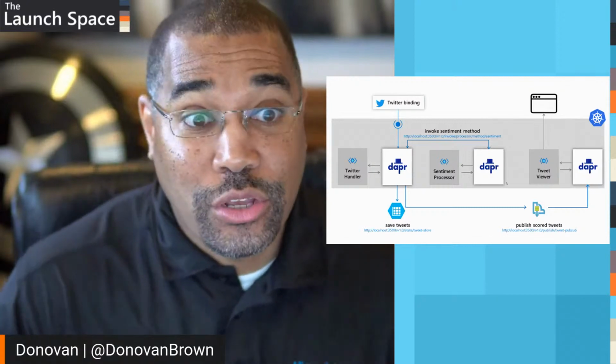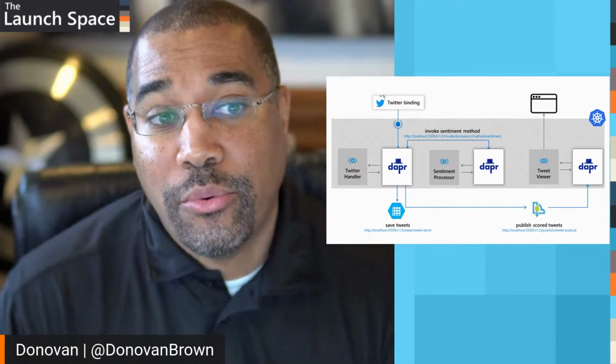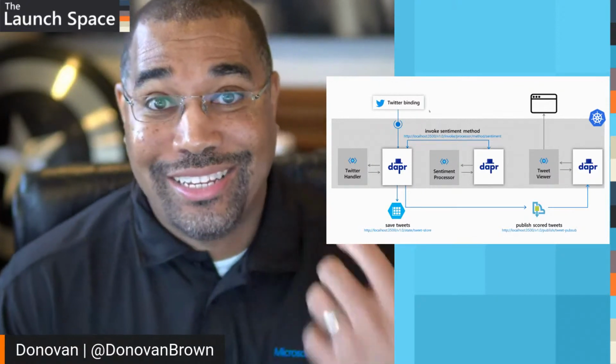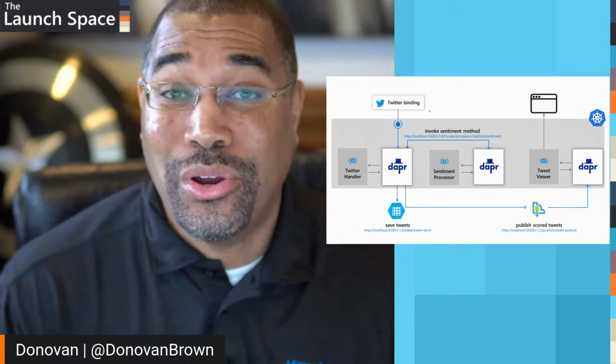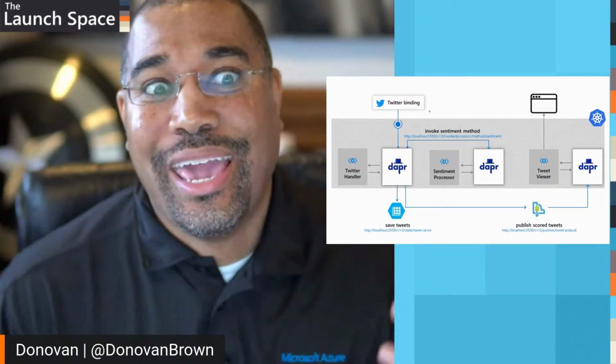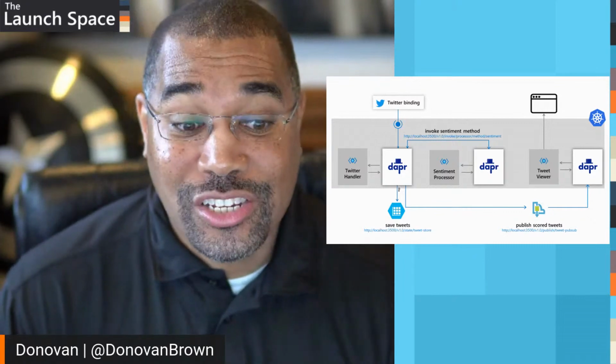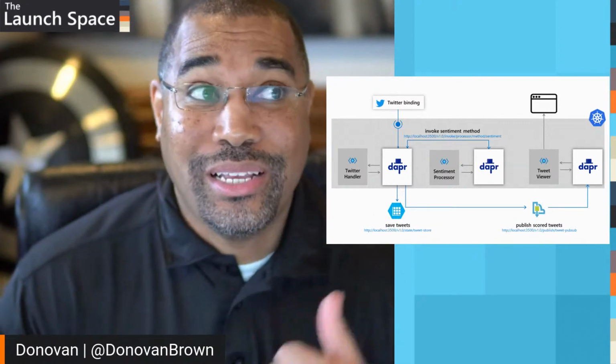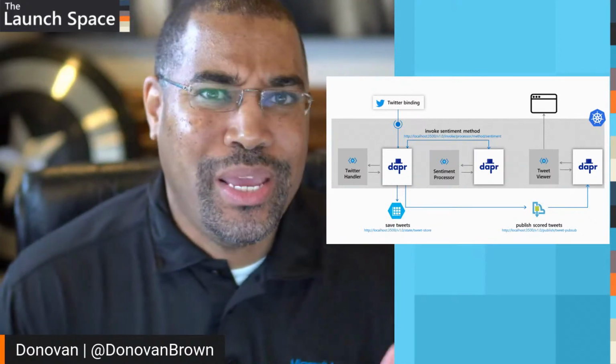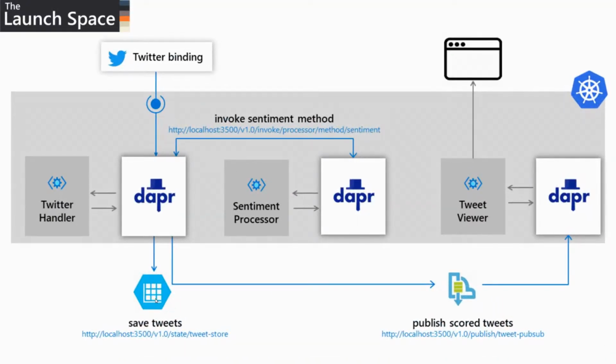And as a developer, when you look at a map like this, you realize that, wow, okay, we're going to have Twitter involved. So now as a developer, I have to figure out, how do I communicate with Twitter? What does that API look like? What SDKs for Twitter do I have to download? We're going to store state, and storing state could be inside of Redis. It could be inside of Cosmos DB. It could be in MySQL. So do I then have to add all those components and all those SDKs to my project as well?